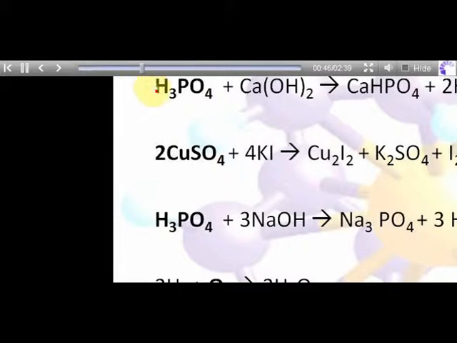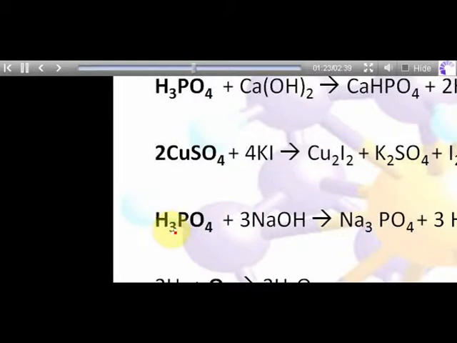We discussed in the chapter Introduction to Mole Concept how to determine the molar mass of a substance. I hope you remember. For a reminder, the molar mass of phosphoric acid will be 3 into atomic mass of hydrogen plus atomic mass of phosphorus plus 4 into atomic mass of oxygen. In the next reaction, we have to determine the equivalent mass of copper sulfate. As we can see in the reaction, 2 moles of copper sulfate liberated 2 moles of iodide. So 1 mole will liberate 1 mole of iodide or 1 mole of electrons. Therefore, in this case, the equivalent mass will be equal to its molar mass, that is